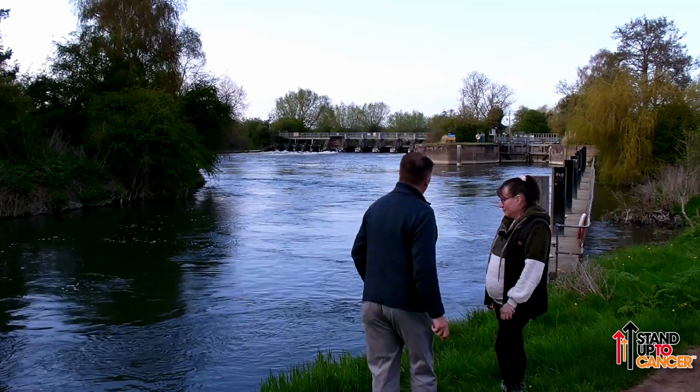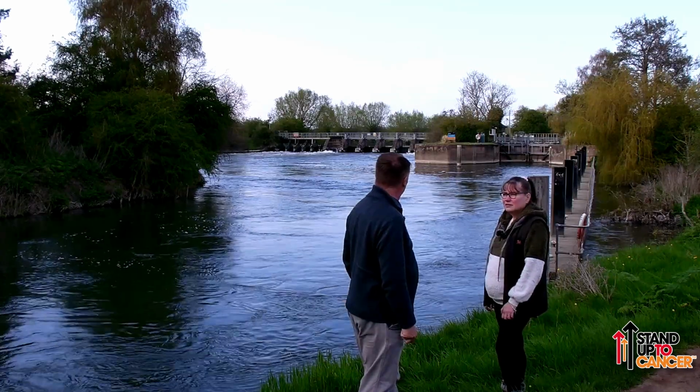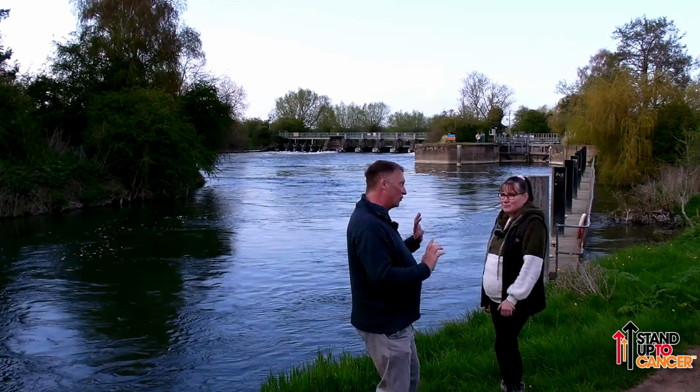Mind you, you said you saw a boat go up through the lock, a cruiser, didn't you? Yeah, it was a cruiser. They've got a bit more oomph and they can go a bit quicker. So we're going to go and have a look at Day's Lock. We're going to talk about the surrounding area, but coming up we've got...